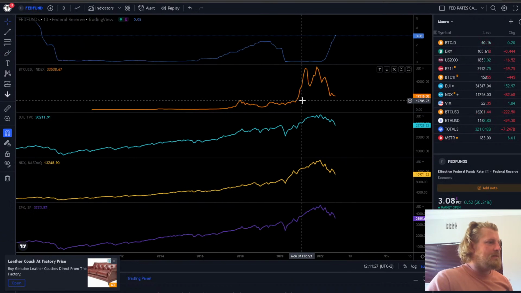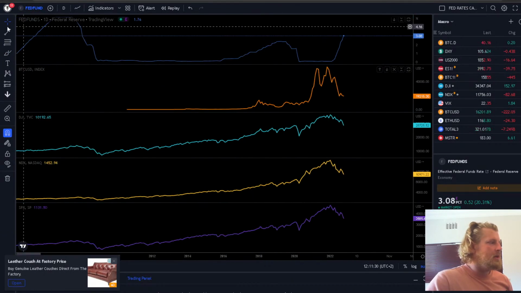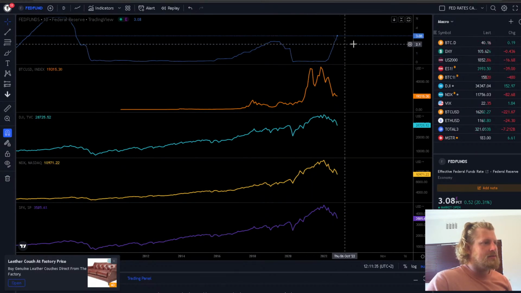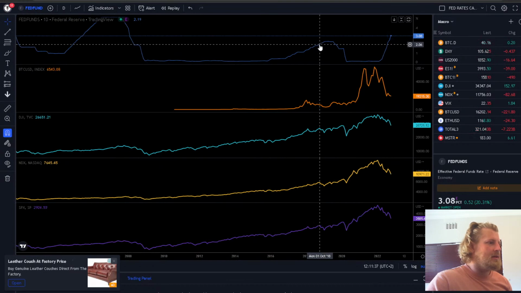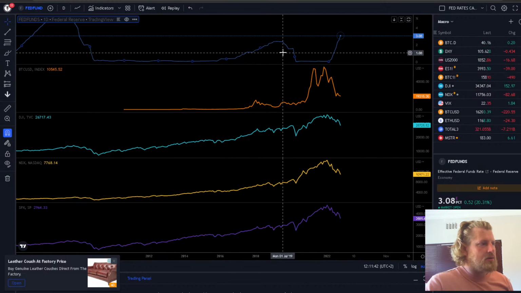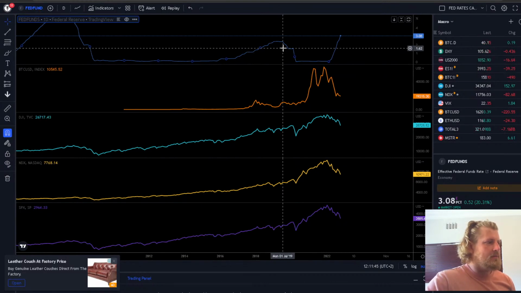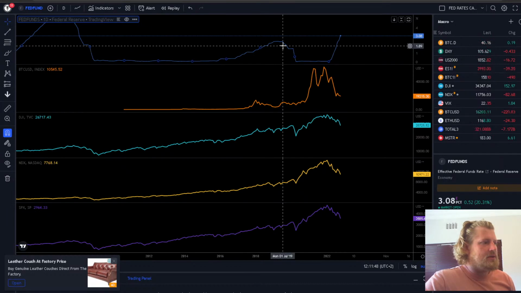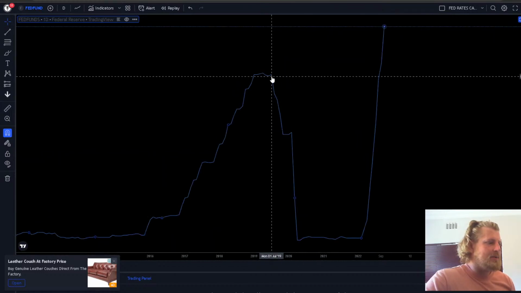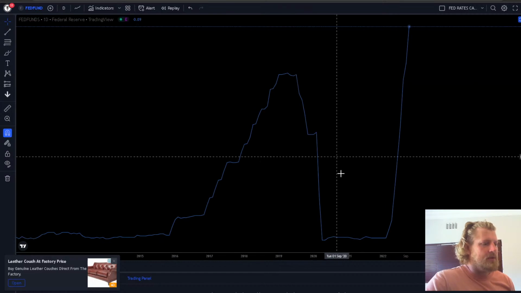Next, we'll look at the federal funds rate. This shows all of the rate hikes, right? So we are sitting at 3% currently. What I'm trying to show here is every time the Federal Reserve pivots, what everybody is waiting for is this magical pivot moment, right? And every time this happens, as soon as the Federal Reserve starts to ease on the market, the rest of